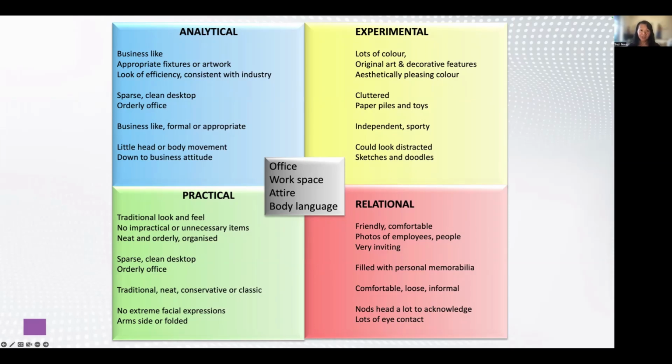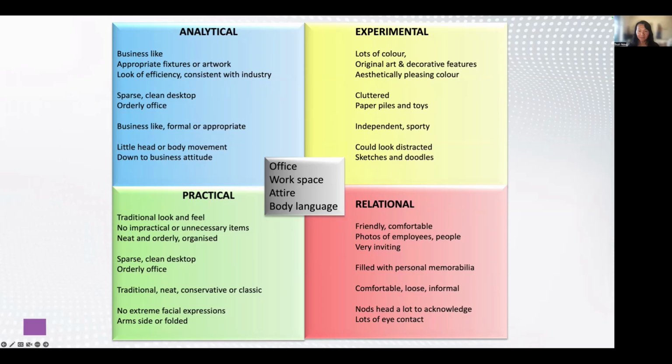A relational person, on the other hand, has a very friendly, comfortable office. There's photos of people, awards, prizes on the walls. It's a very inviting kind of space. Their actual desktop might be full of personal memorabilia. There might be a picture of their pet or their children or their family, multiple pictures. And they tend to dress very comfortably, loose, it's informal, maybe quite a bit of jewelry. They tend to nod their head a lot when you're talking with them, and they give you lots of eye contact, very warm. And the experimental person, their office or workplace might be full of color, lots of original art,